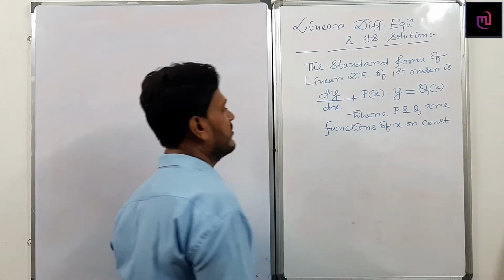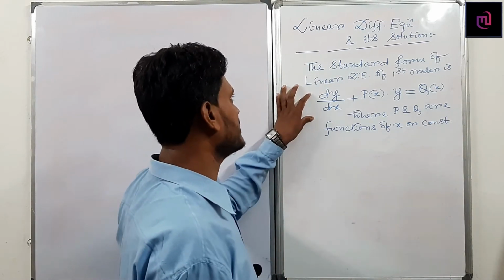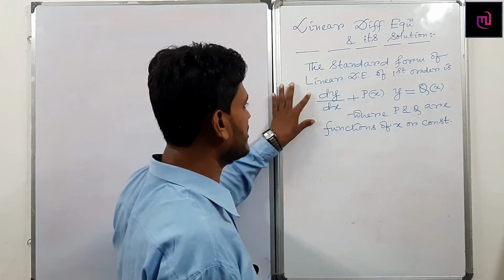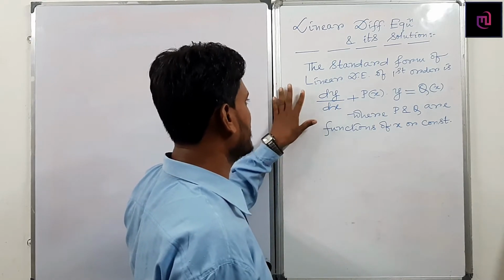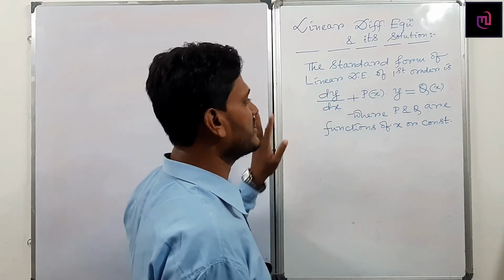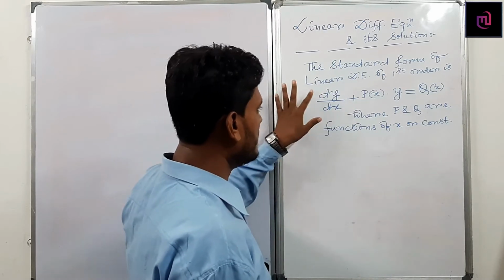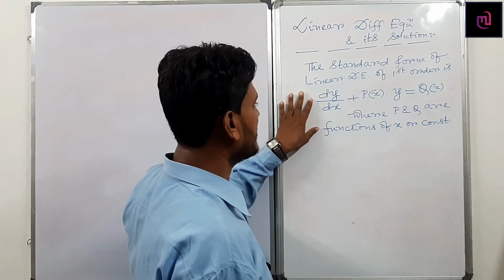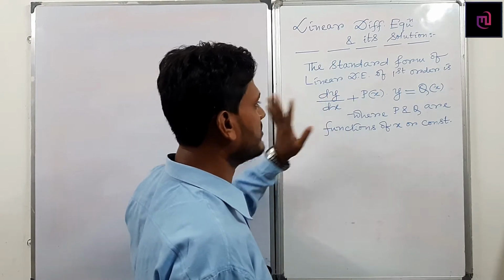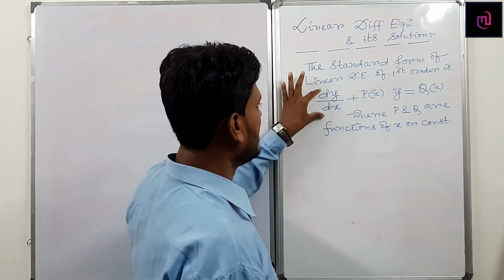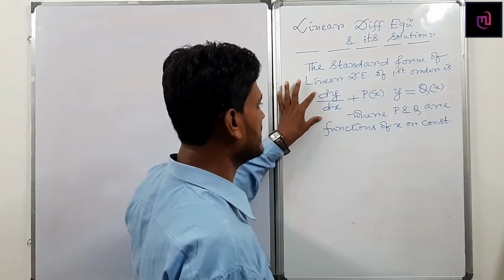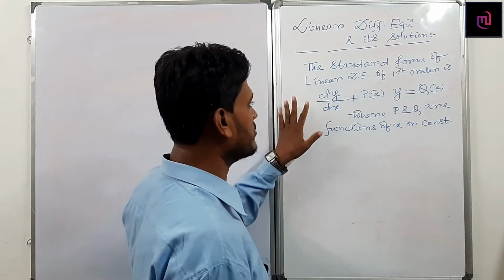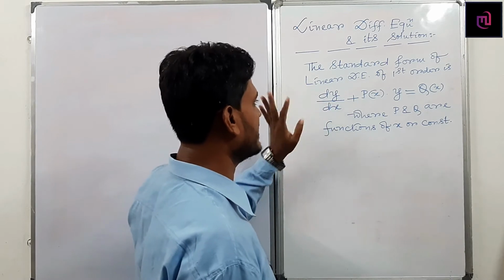So here you can say this equation is linear differential equation. इसको linear differential equation क्यों कहेंगे? यहाँ पे first of all you have to check it. What is the degree of this differential equation? What do you mean by degree? The degree of the differential equation is the highest exponent of the highest order derivative. Here highest order derivative it becomes first order. Here I have written dy by dx. What is the exponent? So it becomes 1. So degree of this differential equation it becomes 1.